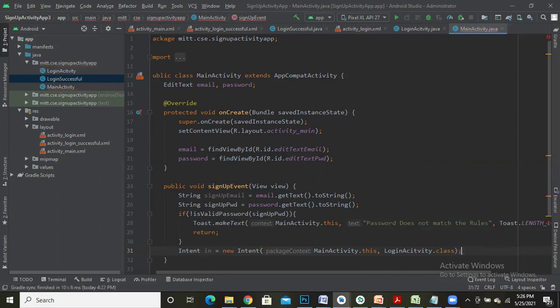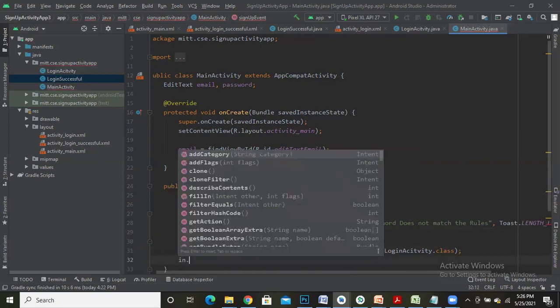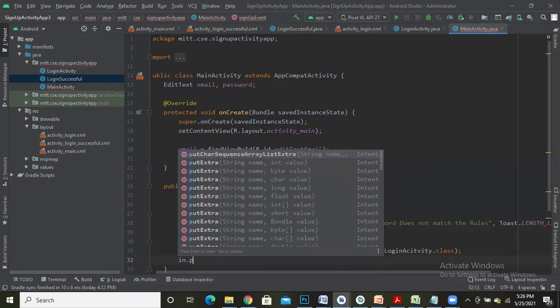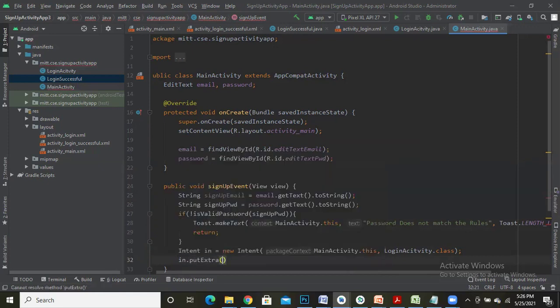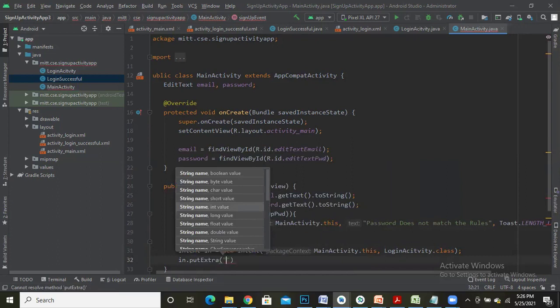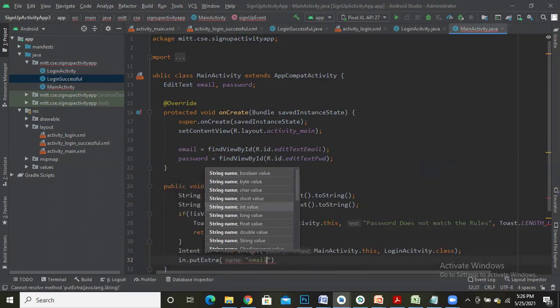Put a semicolon. Now not only do you need to navigate, you should also pass the email and password which are read in the sign up activity to the login activity. To send the data through the intent, we have in.putExtra. First one is the name. The name I'll give as email.